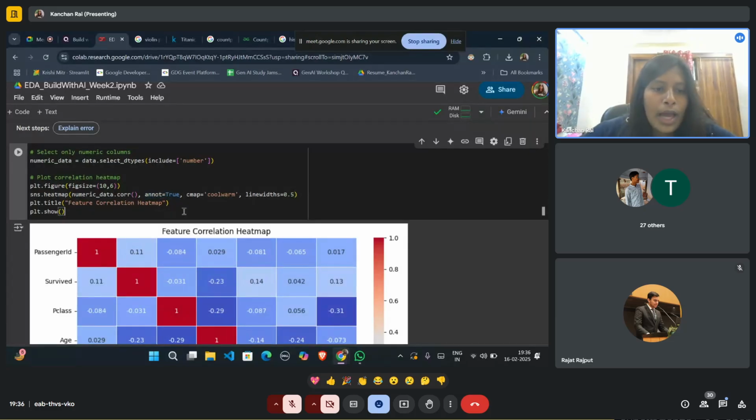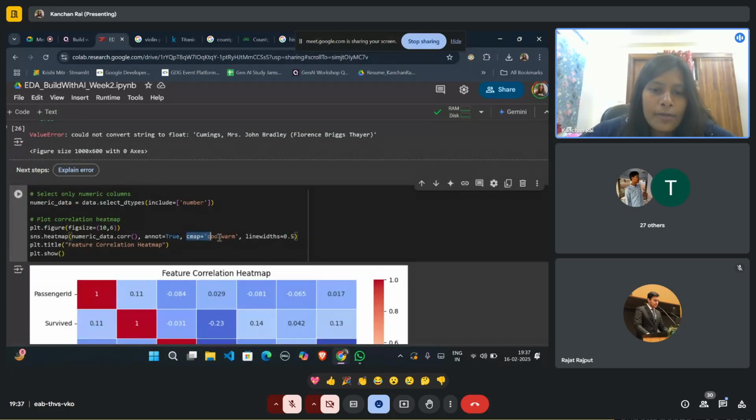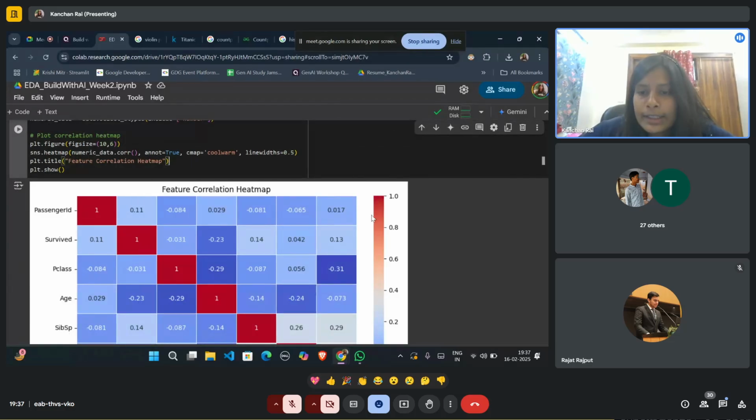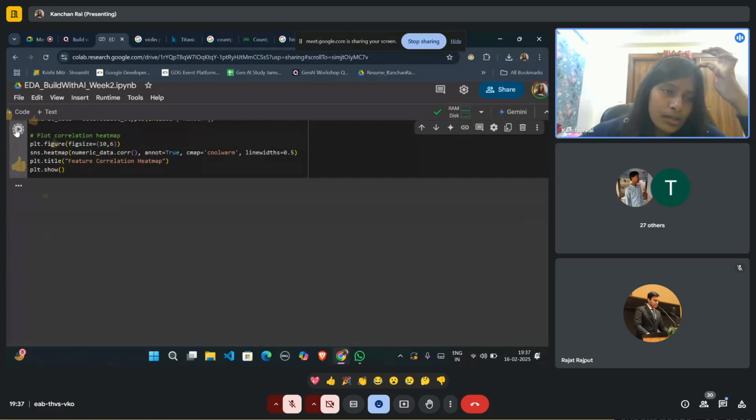Next, annotation true. Annotation means basically यहाँ पे ये जो values लिख के आई हैं annotated है ये, right? अगर आप हटा दोगे you will not get these values. Then again I have used the color scheme, which is cool warm. Then line width is 0.5. Line width is basically this. यहाँ तक समझ में आया सबको? I'll explain what are these values. Yes. Okay, so if I run this,